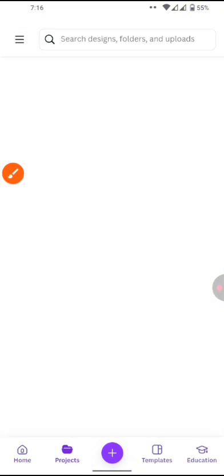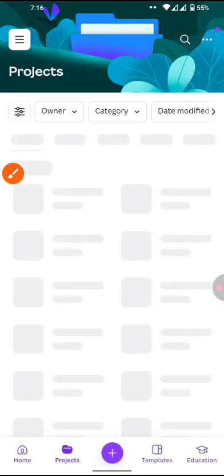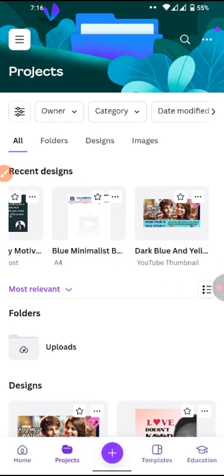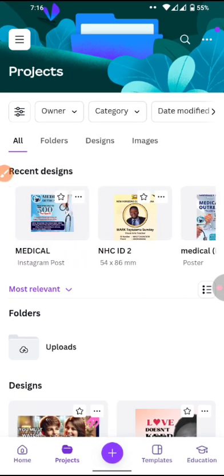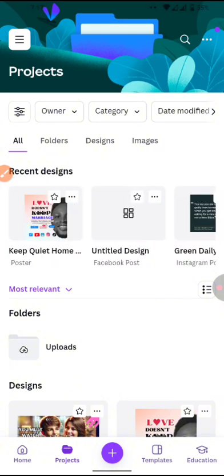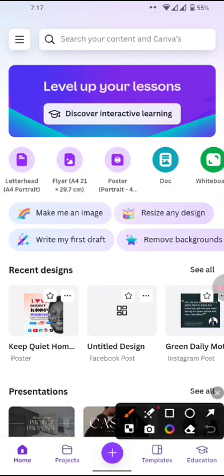So when you click on project, you see all the works you've been doing here. So you can be scrolling them, check all your works that you've been doing. So now I want to go back to the other page. I click on home. Then the next is